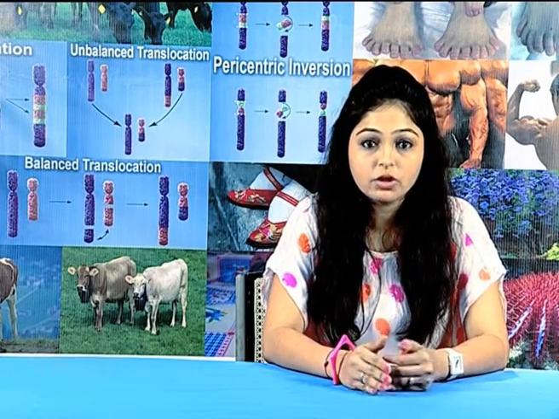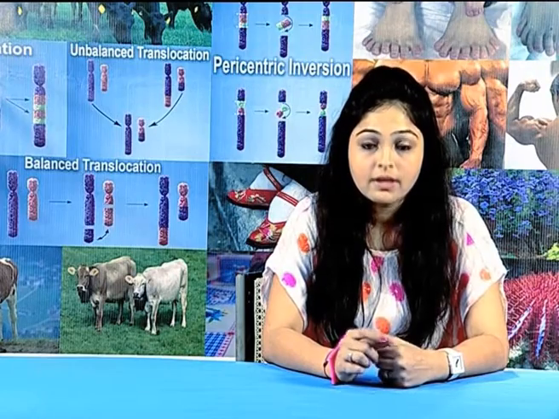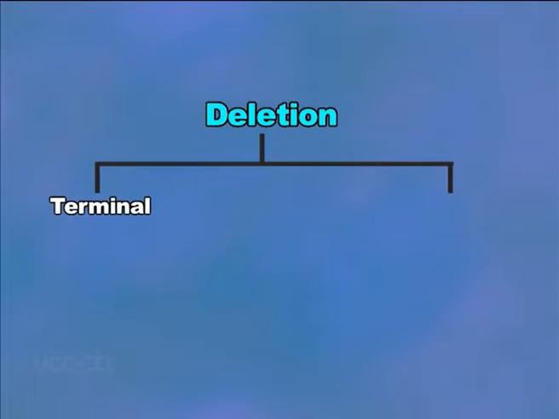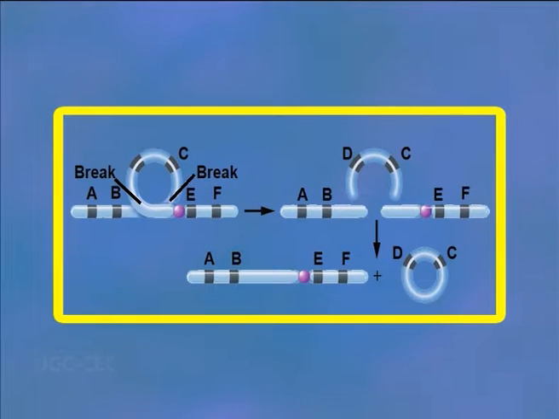The loss of a chromosomal segment occurs when a portion of a chromosome gets detached due to certain reasons and the broken segment without a centromere is lost. The portion of the chromosome carrying the centromere functions as a genetically deficient chromosome. Deletion can be terminal or intercalary depending upon the loss of a terminal or intercalary segment. The loss of the terminal segment of a chromosome is described as deficiency, whereas the loss in the intermediary position of a chromosome